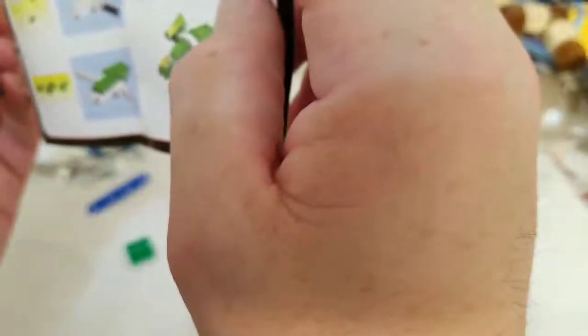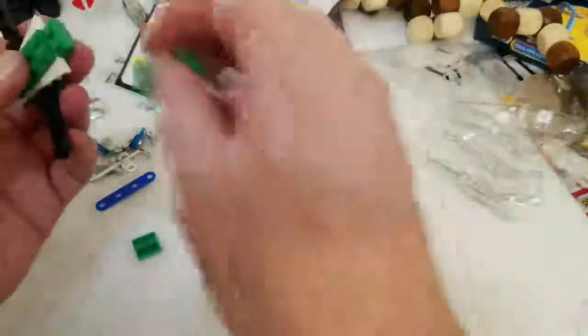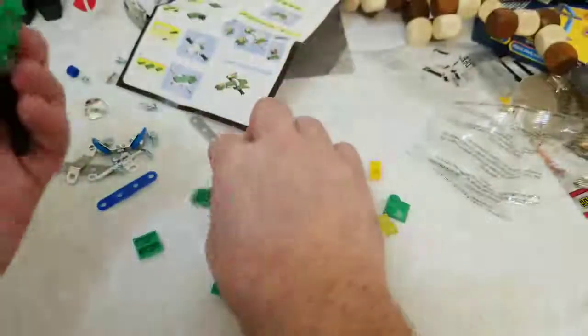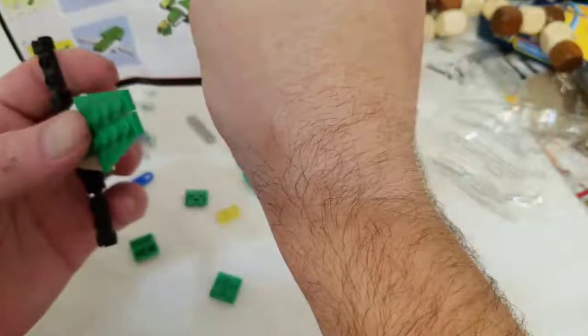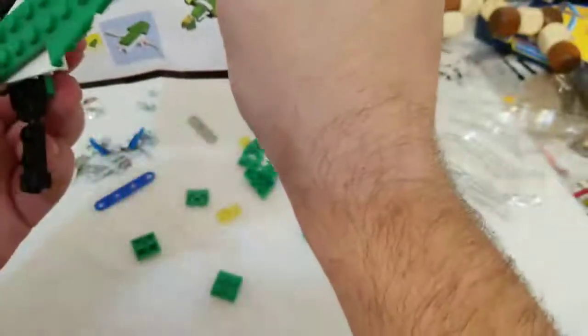Step 4, and you're going to take the 2 wing pieces. I guess like this, I would assume. Okay, so like that. Okay. So far, so good. Okay, so step 5, we're going to take